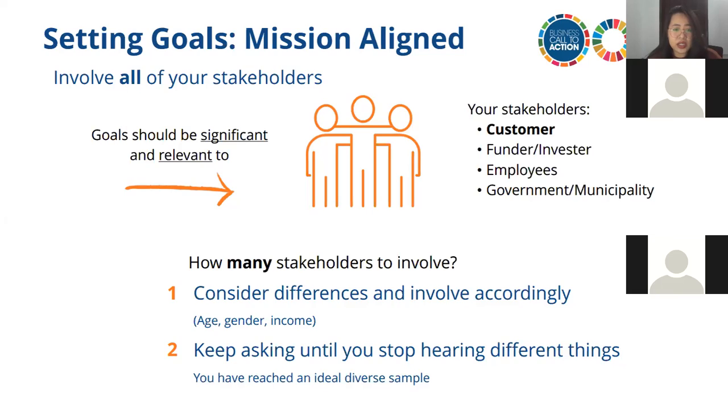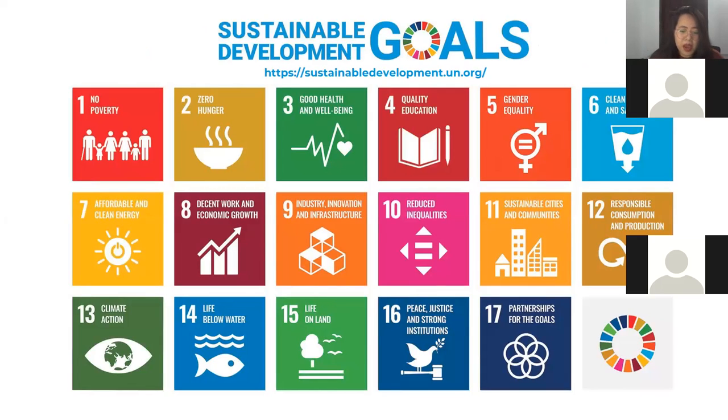So now that we've talked about what impact measurement, impact management, and impact as a whole are, that brings us to the Sustainable Development Goals, which will be your basis to indicate or to measure the impact you're creating. So the 2030 Agenda for Sustainable Development, as you can see on the screen, was adopted by all United Nations member states in 2015. It provides a shared blueprint for peace and prosperity for people and the planet now and into the future.